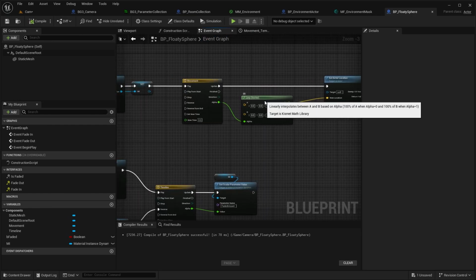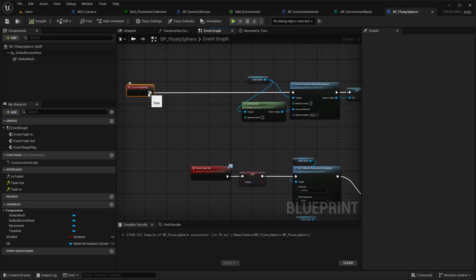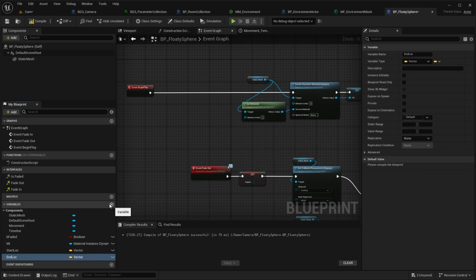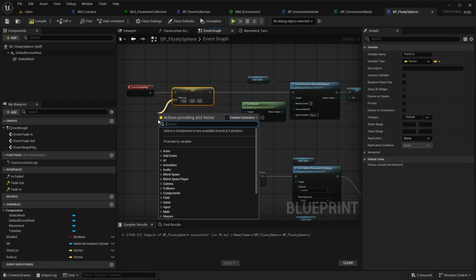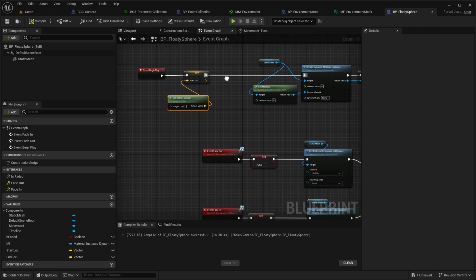And off of this, the 2 points that we want to set are, let's say, we'll make 2 variables here. Actually, we'll do this correctly. Variable type is a vector, and we're going to call this start lock and end lock. The start location we will set up at begin play, and we will set this to the actor location. So wherever it spawns in will be the start location. And end location,